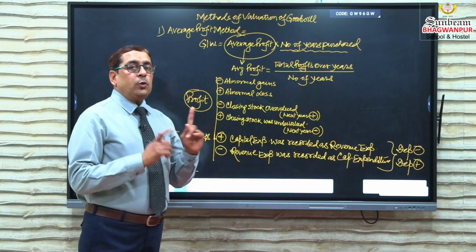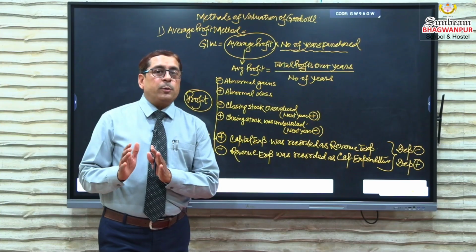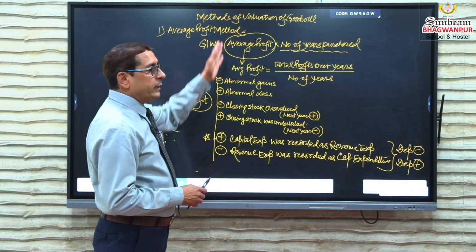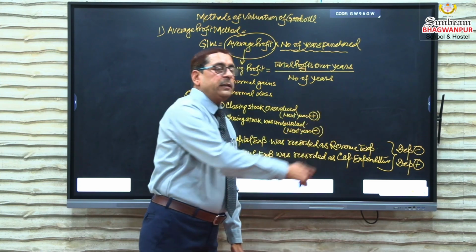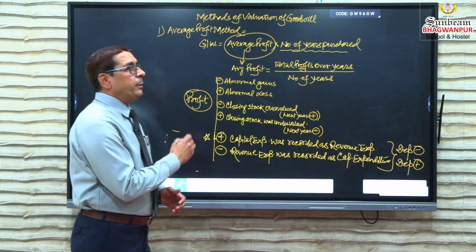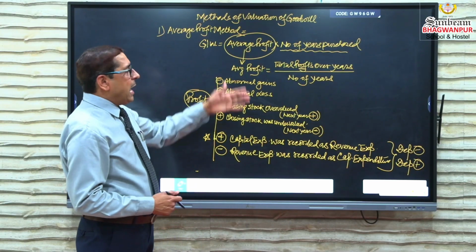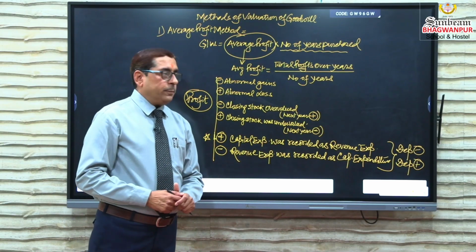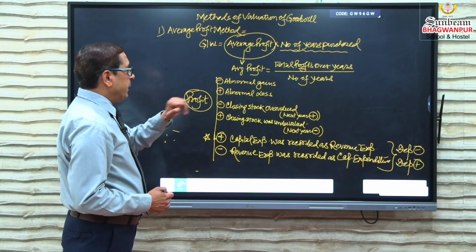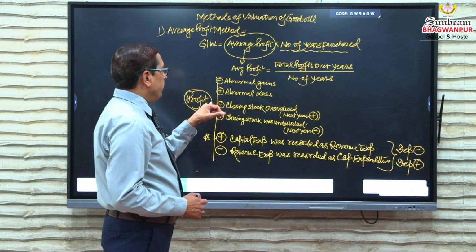For that, you are supposed to prepare one adjustment table showing correct profit or adjusted profit. That table you can prepare in vertical order or in horizontal order. Preferably, I personally advise that you should prepare this format in horizontal so that you can add and deduct comfortably. And then abnormal gains are to be deducted, abnormal losses to be added, closing stock overvalued, that will be